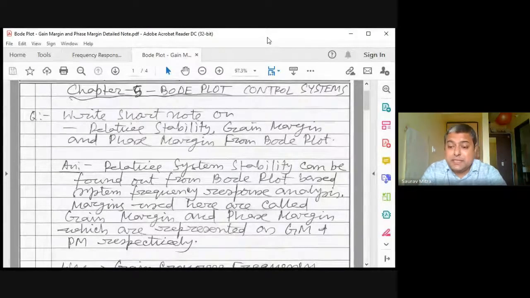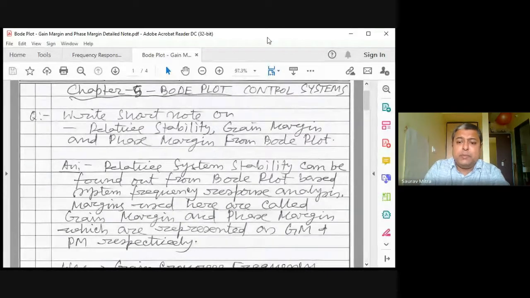Okay, so what is the gain stability condition? Gain should be less than 1 or less than 0 dB. What is the phase stability condition? The system phase should be greater than minus 180. On minus 180, we can say it is critically stable. Okay, and less than minus 180, the system becomes unstable. So these are the two very important things. लिख के रखो और याद रखो whatever you do.